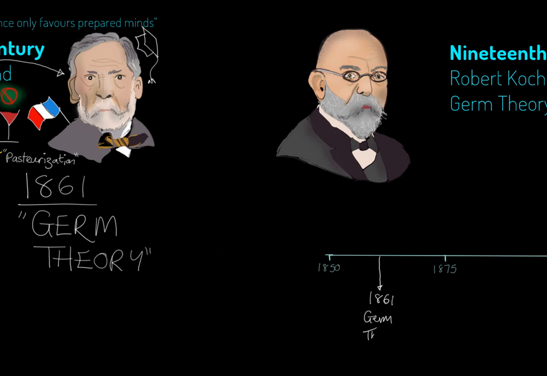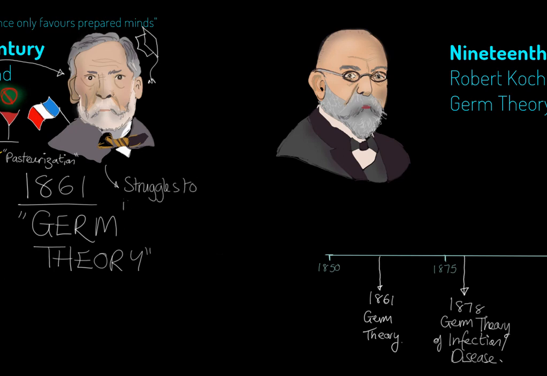And by 1878, Pasteur is confident enough to publish, along with associates, the germ theory of infection. So 1878. Or disease, sometimes it's known as the germ theory of disease. And this makes a clear link between germs and infection and disease. But Pasteur isn't all that effective when it comes to identifying